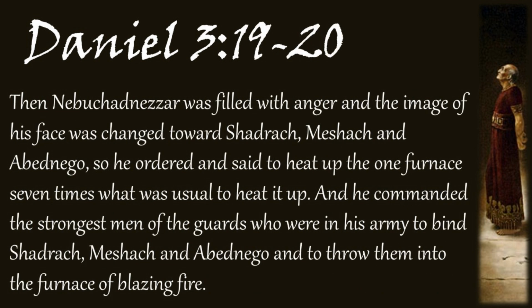Daniel 3:19 and 20. Nebuchadnezzar was filled with anger, and the image of his face was changed. This is the image of his face. It's the same word it's been using of the statue this whole time. It's interesting, and this is the last time that image is mentioned in the chapter, is that its own face. It's like some connection between him and the statue, and his face changed and turned against Shadrach and Meshach and Abednego. So he ordered and said to heat up the one furnace 7 times what it was usual to heat it up. And he commanded the strongest men of the guards who were in his army to bind Shadrach, Meshach, and Abednego and to throw them into the furnace of blazing fire. So they get the furnace as hot as they possibly can to throw in the 3. But